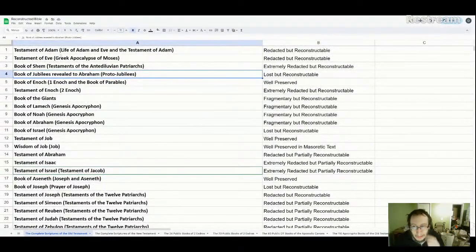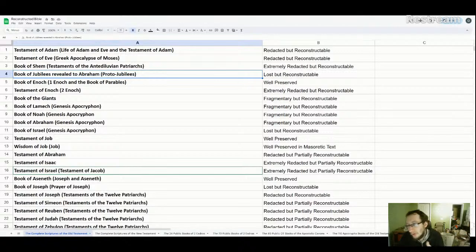First of all, obviously, we will use Jubilees as a primary source because it would have followed very closely with the Book of Jubilees. The Book of Jubilees covers from creation all the way to Moses, and it's a big book, 50 chapters. The Jubilees revealed to Abraham would have been very similar in size, about 50 chapters. But instead of going from creation to Moses, it would have only gone to Abraham's life.